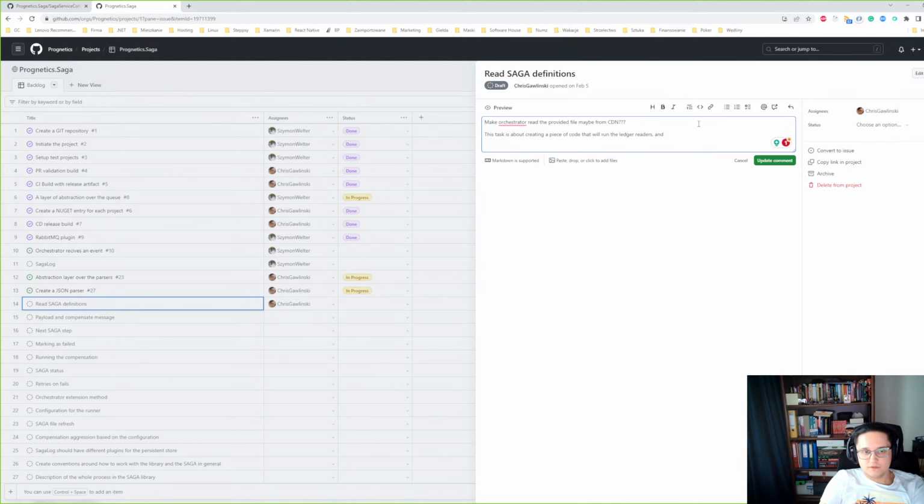Yeah, maybe you will even do some of the job in the same PR, so maybe you can do the two things in one PR because it's very similar and really connected to each other. I think creating the JSON parser and reading it, yes, that's true. But we had it split